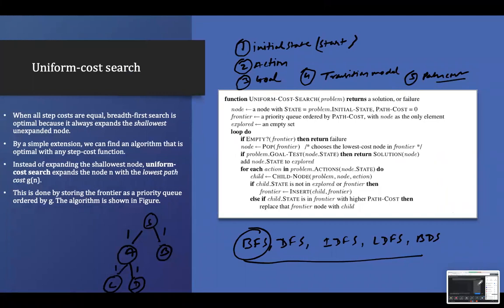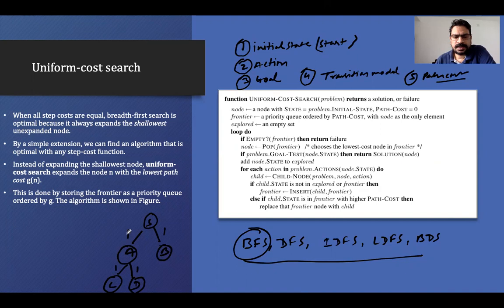So what happens in uniform cost search? It says that the breadth first search algorithm will give you an optimal solution if all the path costs are the same. But in the real world, this is not the scenario. So what is the scenario? The scenario is that from reaching one state to another state, your path cost may be different. It is not the same. If it is not the same, then whatever path you have taken,